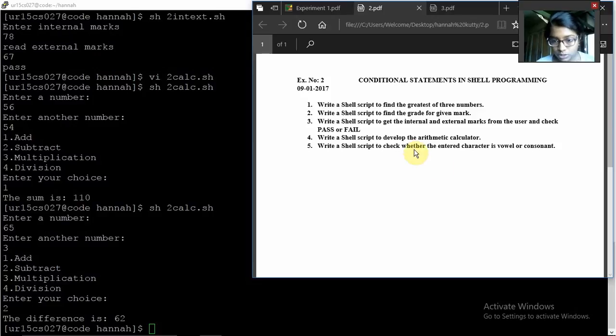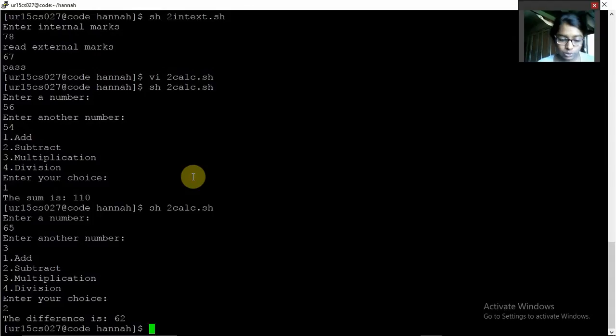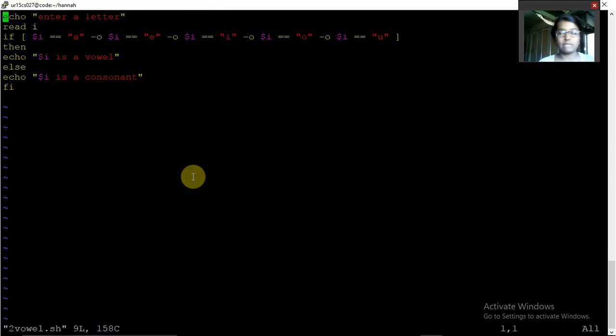exercise. It is to check whether the entered character is a vowel or a consonant. We know that generally our vowels are only A, E, I, O, and U. So when I type those, I want them to be displayed as vowels, and when I type others, I want them to be displayed as consonant. So I'm giving a statement called enter a letter, where the user can give an input and it can read